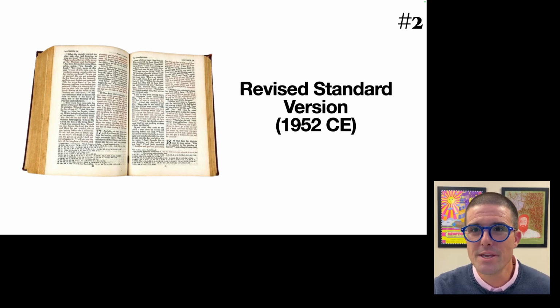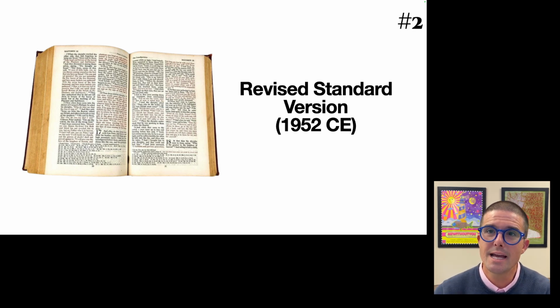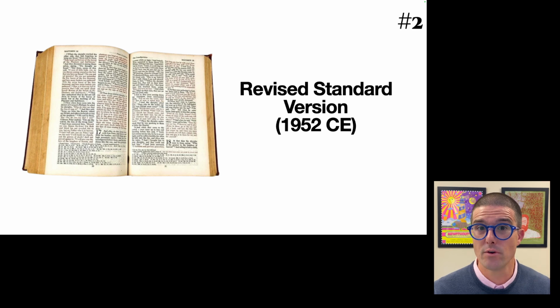In 1952, the Revised Standard Version came out, which was another fresh revision of the KJV, largely based on the Revised Version. And once again, it modernized the English and used the tools of textual criticism. One of the biggest changes that it made was removing the thees and thous of the King James Bible. It removed the thees and thous except in the case of God, where they were still used to maintain that formal air.